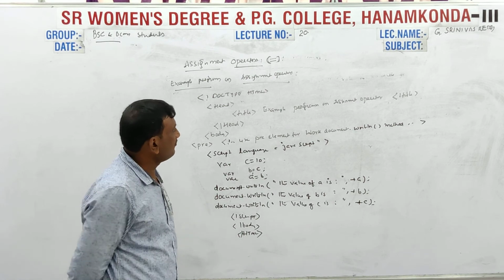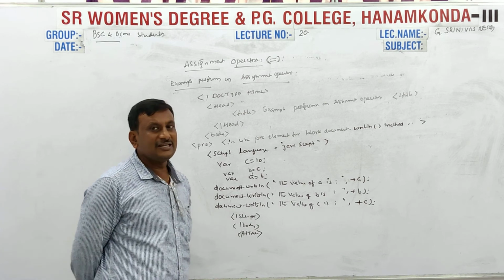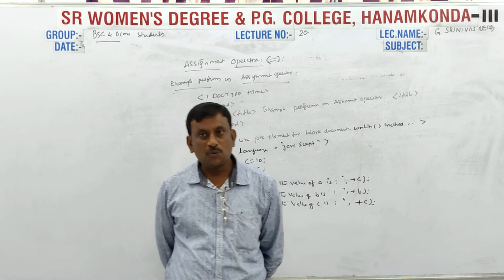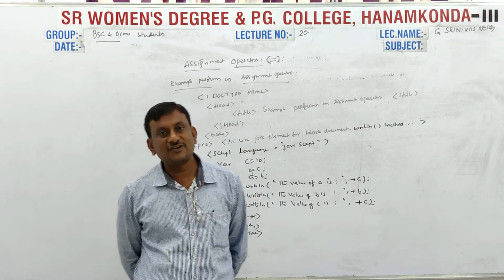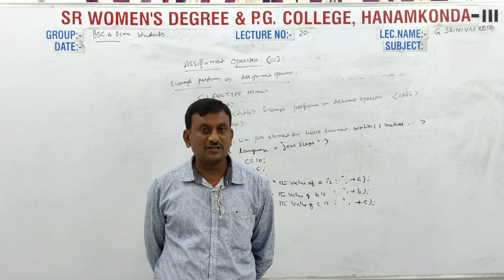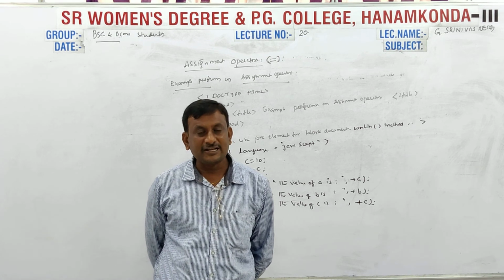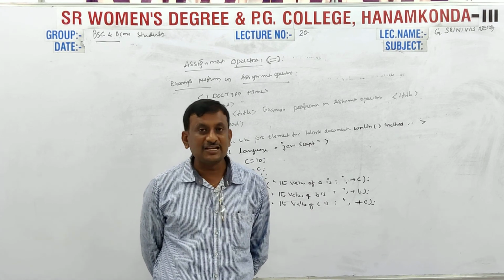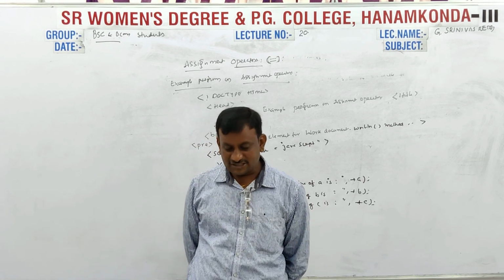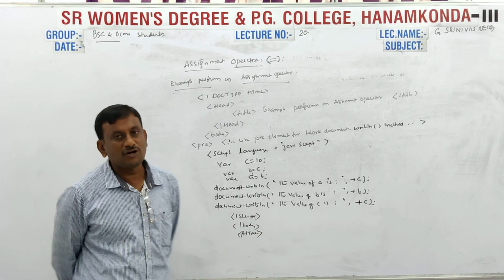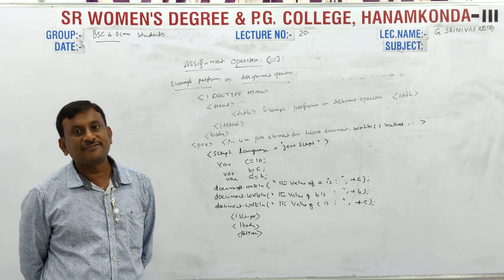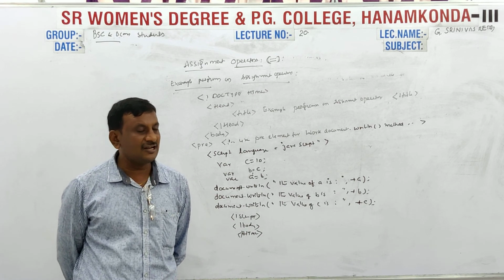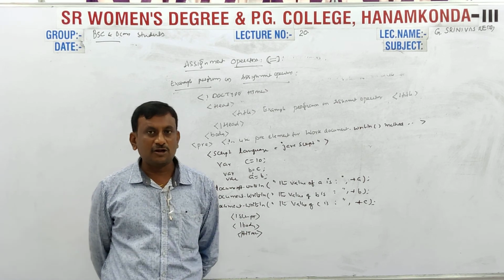JavaScript supports different types of operators. Mainly the first is arithmetical operators, relational or comparison operators, logical operators, assignment operators, increment and decrement operators, conditional operators, as well as bitwise operators. These are the main operators available in JavaScript. First, arithmetic operators are covered. What are the arithmetic operators? Mainly five operators: addition, subtraction, multiplication, division and modulus. These are the arithmetical operators.